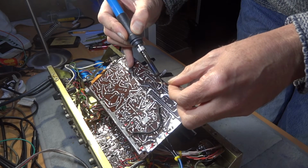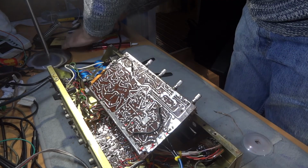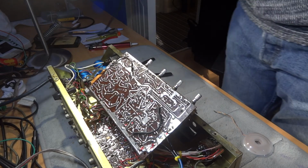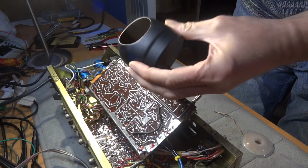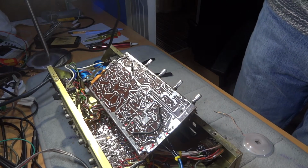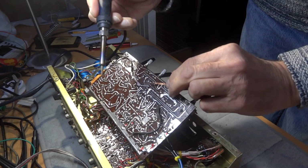I may just give that soldering iron a little clean, just on the sponge that comes with it. I've got one of these as well, but it's just a little sponge. But also this as well, this comes in and you just dab the iron in there. That also cleans it. This isn't a great iron, but it's going to be all right for this, I think. This is a cheap one off of eBay,